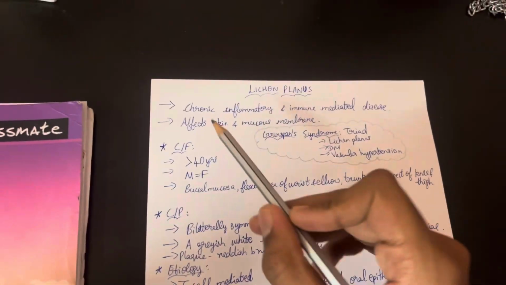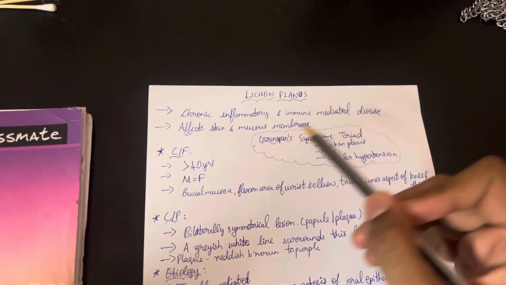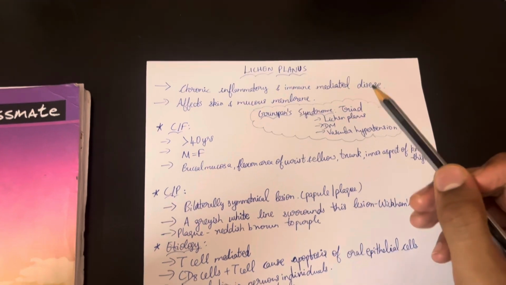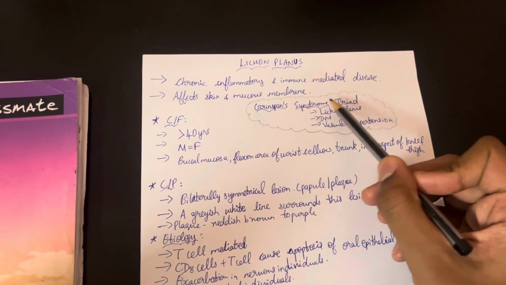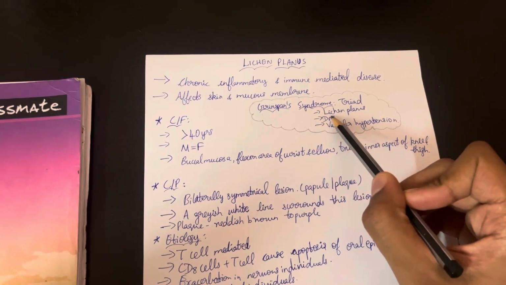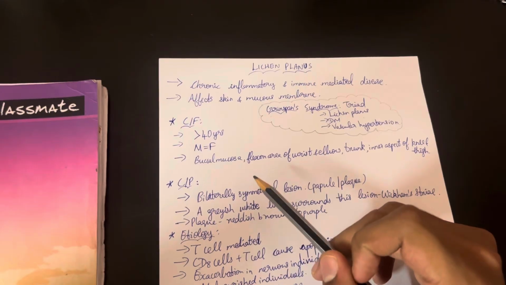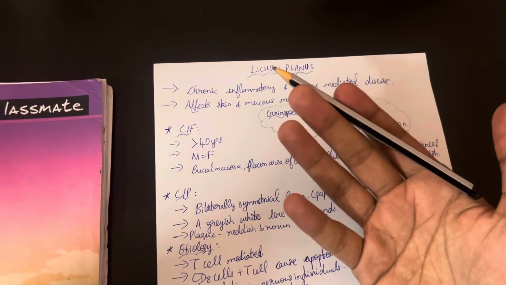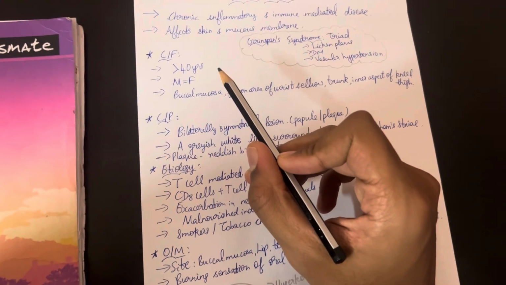Now, it is a chronic inflammatory and immune mediated disease. So it affects skin and mucous membrane. The syndrome associated with lichen planus is Greenspan syndrome, and it has a triad. These three will be common in this syndrome: lichen planus, diabetes mellitus, and vascular hypertension. So what is lichen planus? It is basically a chronic inflammatory and immune mediated disease. That's it. So, the clinical features, we have